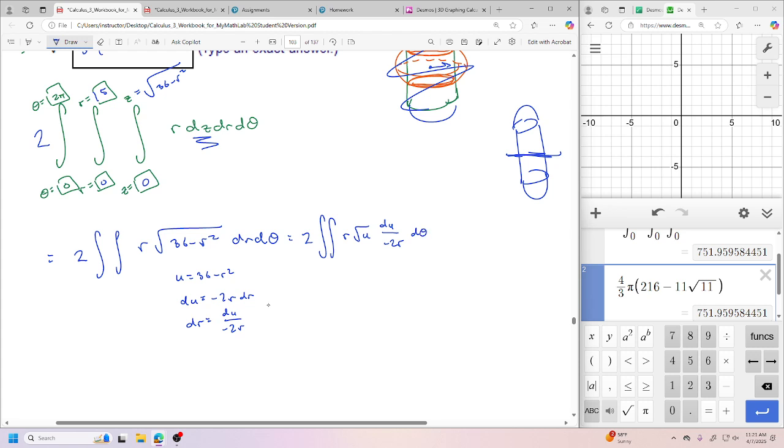The r's cancel, the 2's cancel. I actually get a negative integral of u to the 1/2 du d theta. When I integrate u to the 1/2, I get, very good. And I'll just go ahead and re-plug in my u from 0 to 5